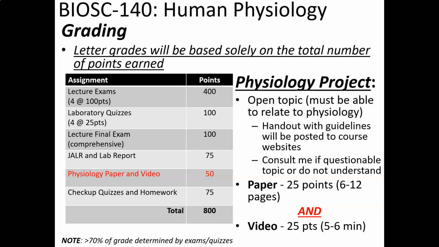And then the next week, you're going to turn in a video that's 5 to 6 minutes, no longer, no shorter. I'm going to be really, really strict about the time requirement. And the idea is you're going to summarize your paper in a video. And you're probably going to struggle with it because 5 or 6 minutes for some people right now may seem like a lot, but you'll find, especially even for a 6-page paper, you're not going to be able to talk about all the information in a 6-minute presentation. And that's part of the whole idea, is for you to have to pick and choose what you think is the most important portions of it in order to present. So each one of those are worth 25 points.